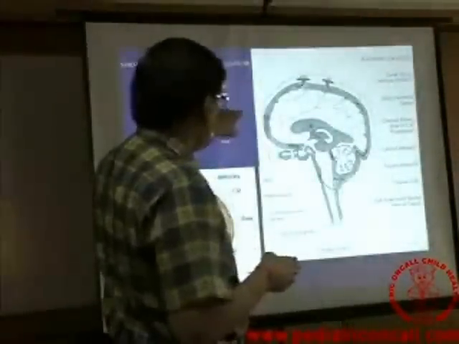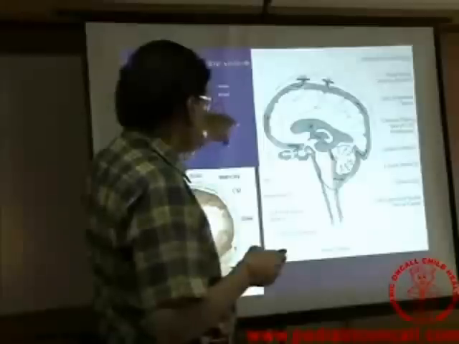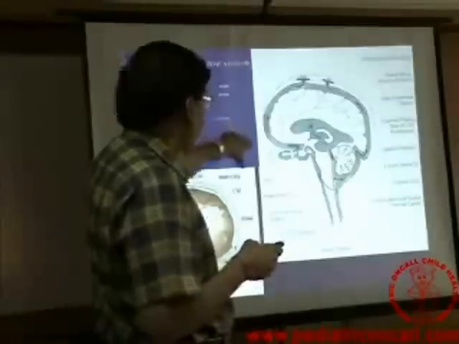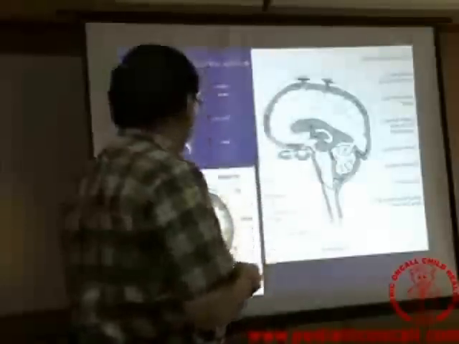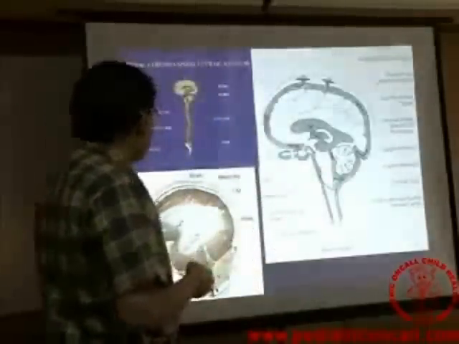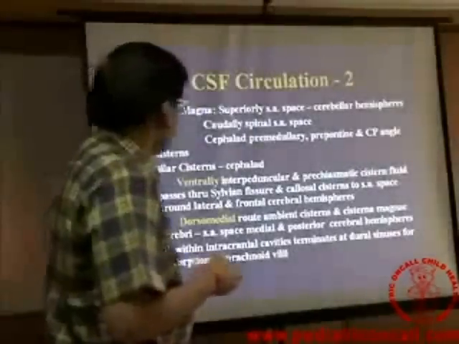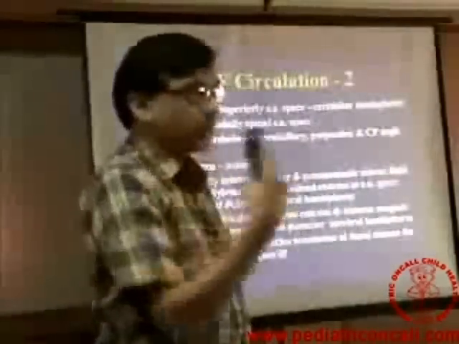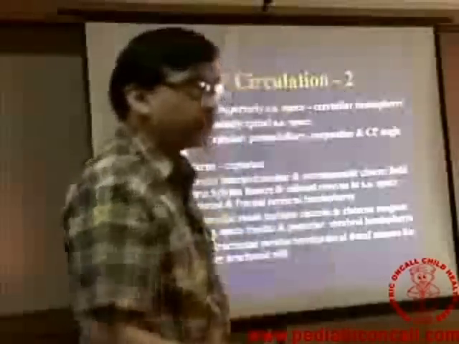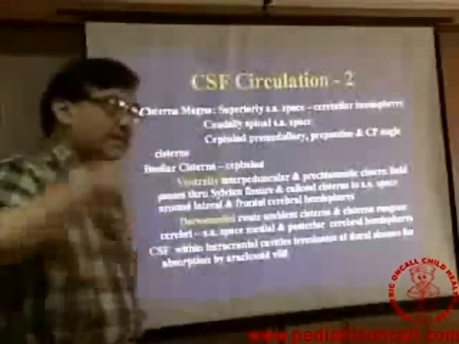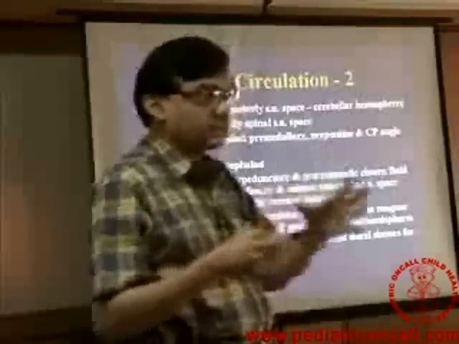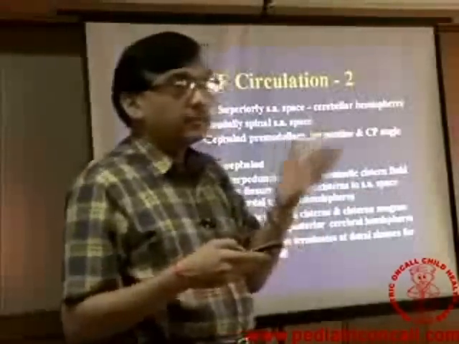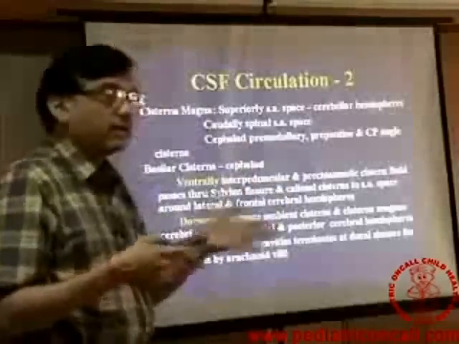It goes from above, that is the lateral ventricle, down into the third ventricle, down into the fourth ventricle, and then all around the brain as well as into the spinal cord. So that is the circulation. And from there, the cisterna magna across the brain, and around the spinal cord, through the central canal. So basically it's like a circulation like blood. And anywhere if there is an obstruction or an improper passage, you are going to get hydrocephalus.